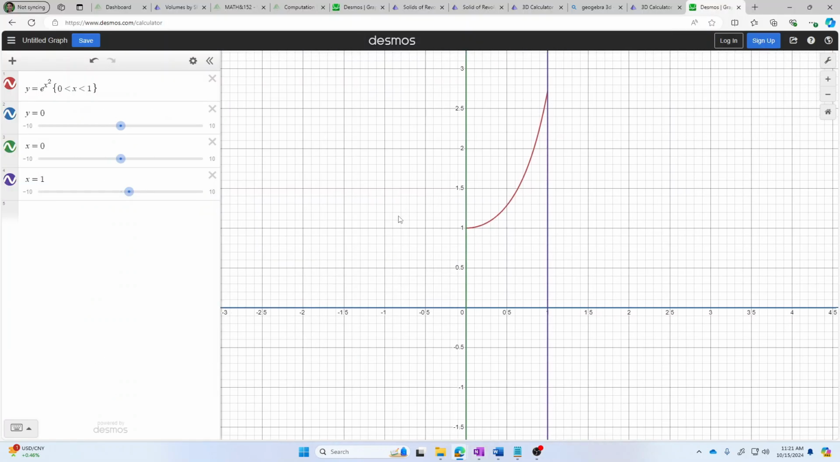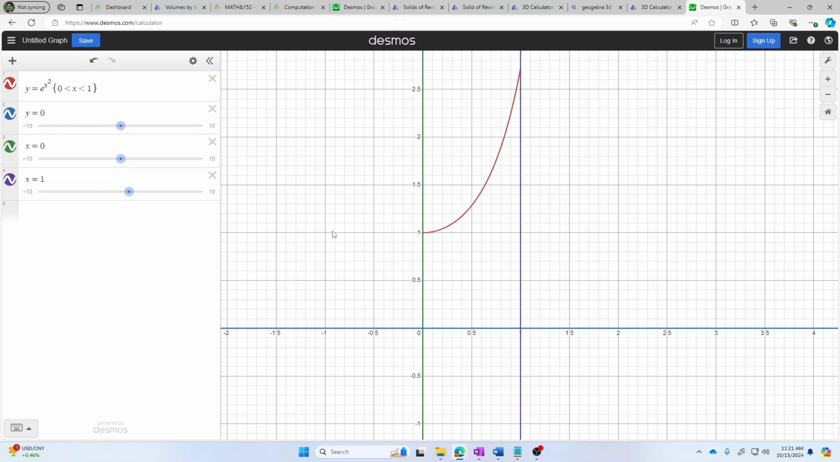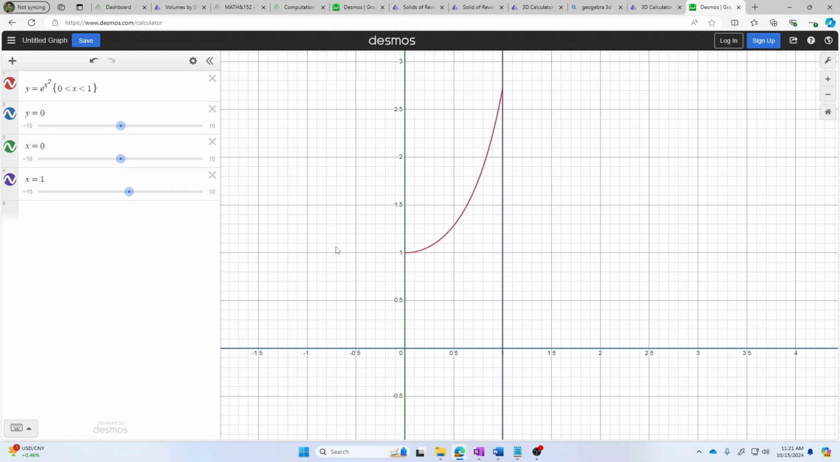So here I am on Desmos, and I have graphed the four functions which form the borders of this region. So here is x equals 0, here is x equals 1, here is y equals 0, and here y is that exponential function. And let's think about what would be entailed if I took this region and I spun it around the y-axis and I tried to make sense of the areas of the slices cut perpendicular to that